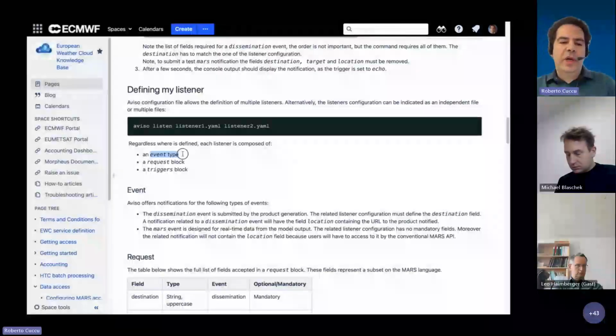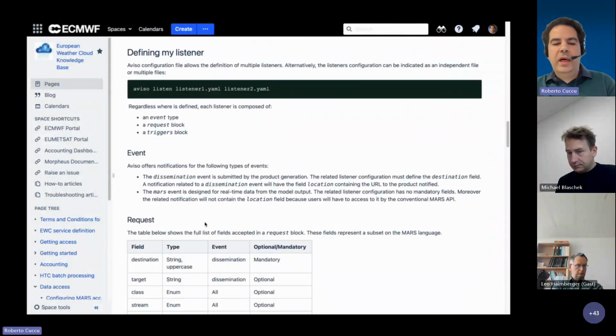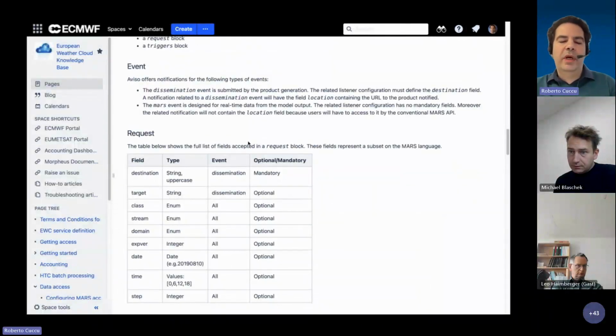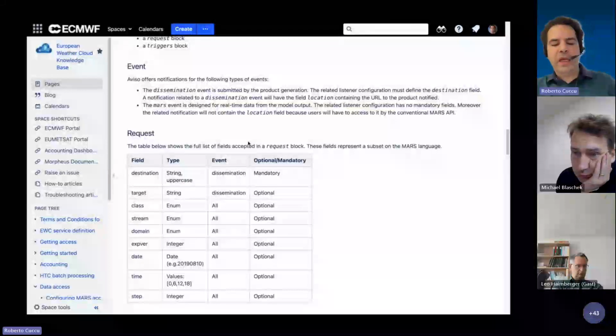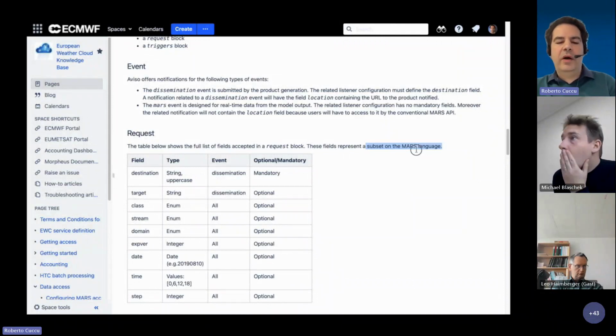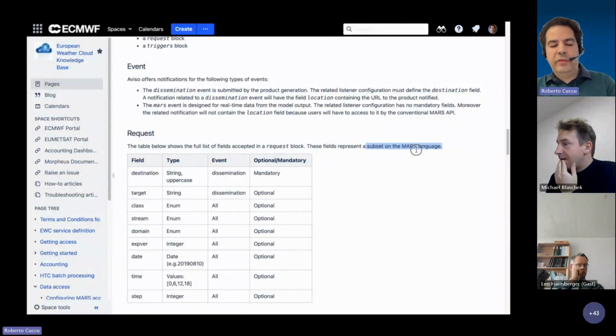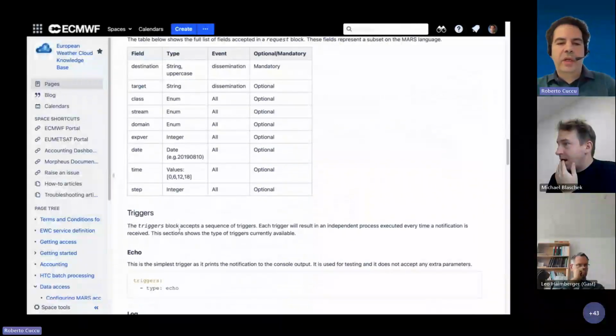Now we would like to give you some info about how to configure the listener. As I mentioned, there are three main blocks: the event, the request, and the triggers. The event is basically either dissemination, for getting notifications if data are sent from ECPDS through the configured destination to your transfer host, or the Mars event for real-time data model outputs. Then we have the request block, which can be configured by using a subset of the keywords used in the Mars language. You can see that